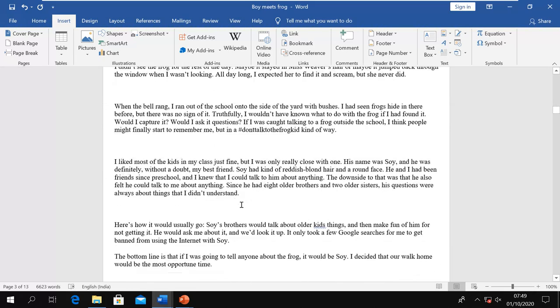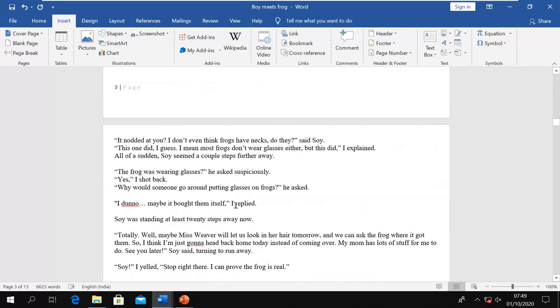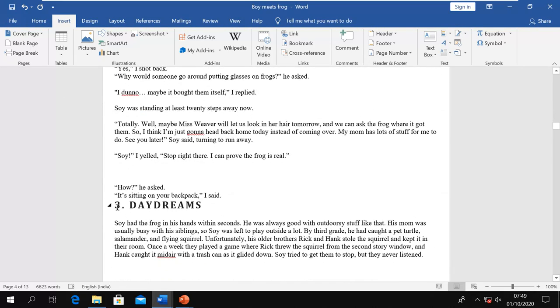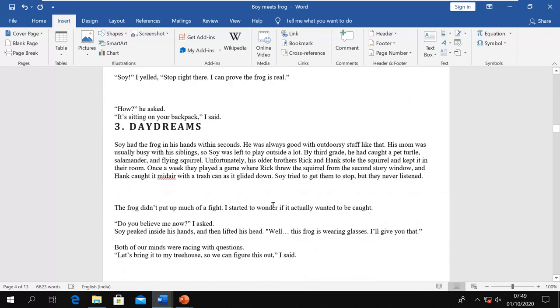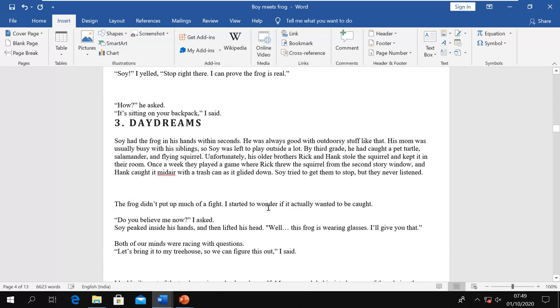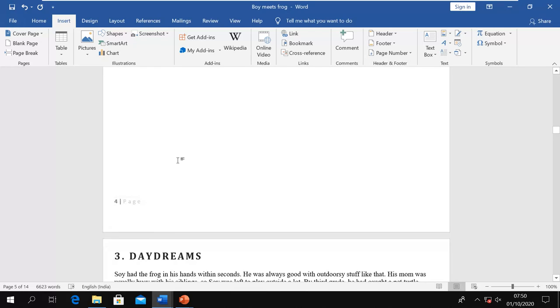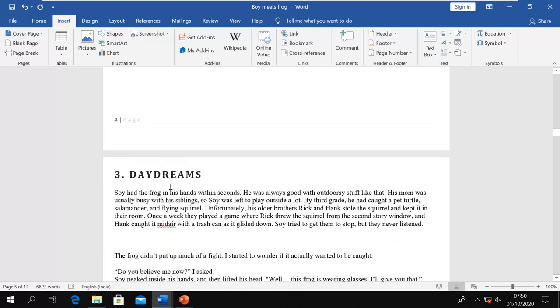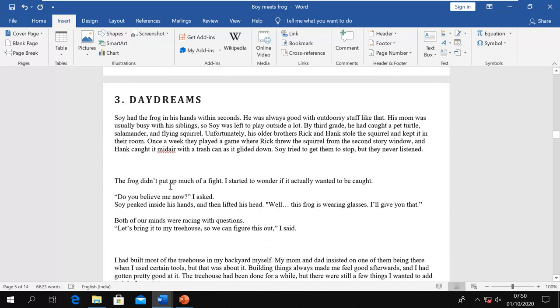So this is like the new section. Sometimes it is not in line. Now here again, this section should also start from the new page, but it is not starting. You see it is in the middle of the page, but I wanted it to start from the new page so it looks good. So I can put it here. This time I can use the shortcut key Control Enter, and now it is starting from the new page. So we can use this page break to break the page from anywhere in the document.